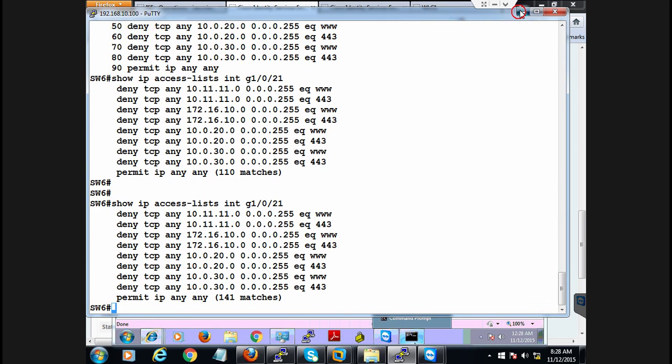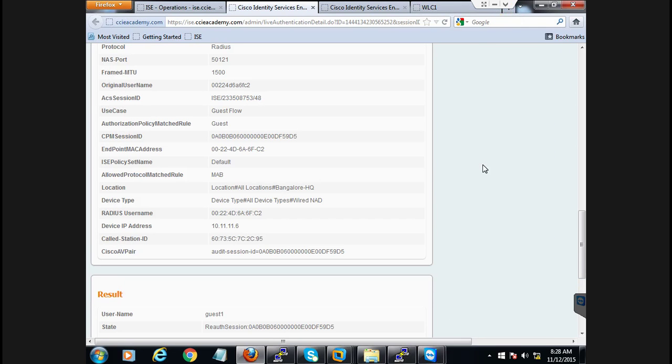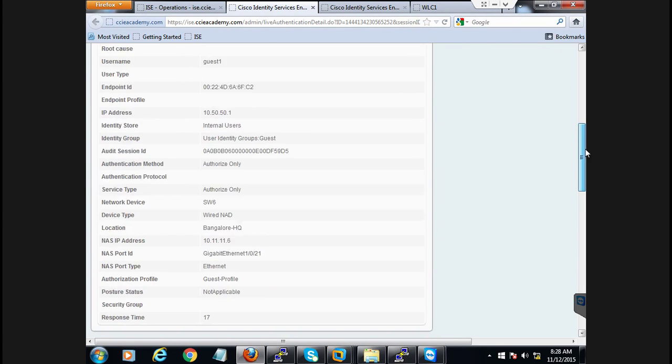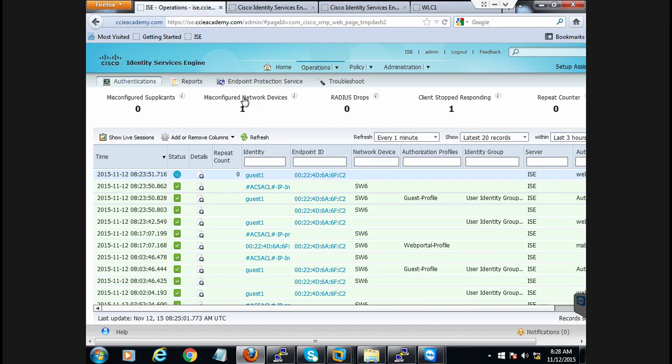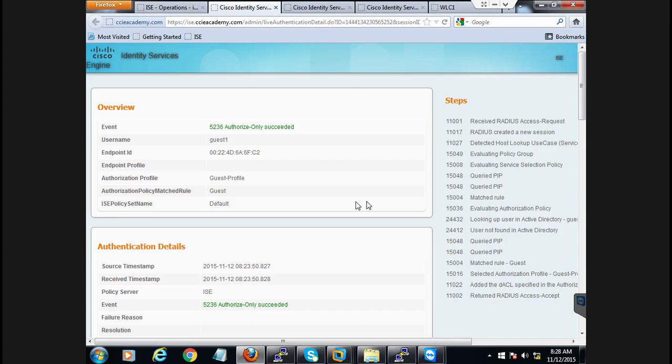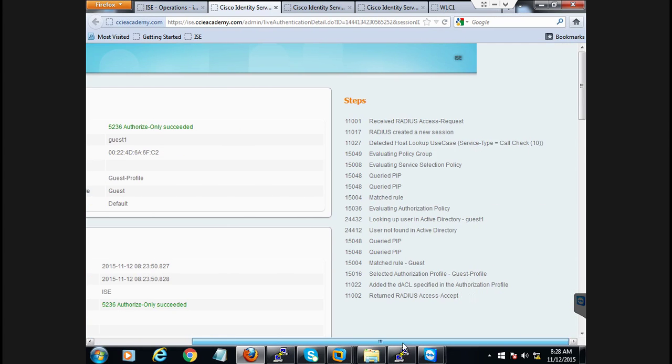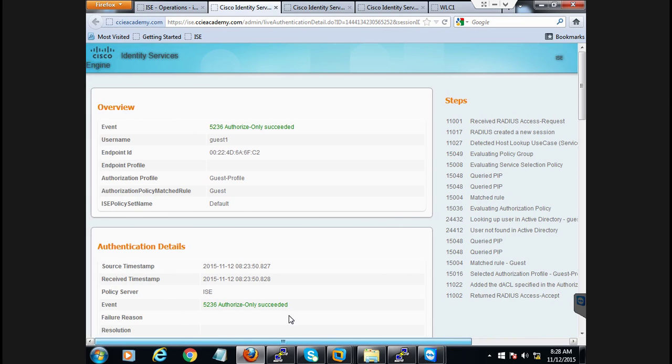The lab entirely concentrates on guest access, and what I'm trying to show you is centralized or central web authentication. Okay, you can see the reports over here. You can further go and look at the flow here, the steps, how it was processed, and apart from this,